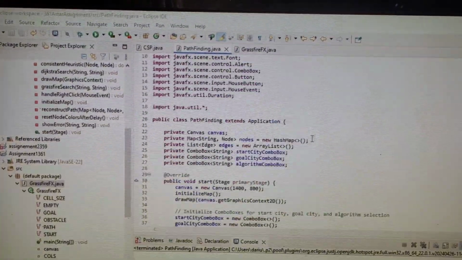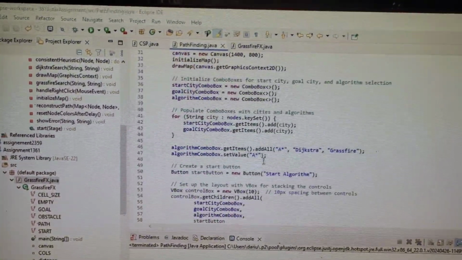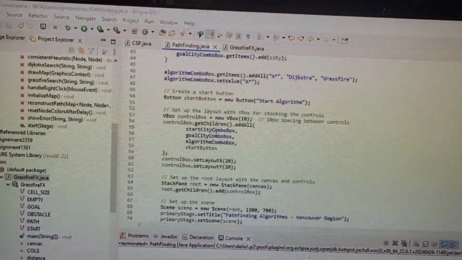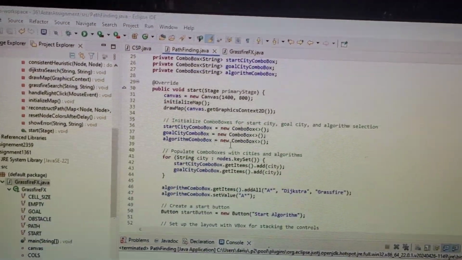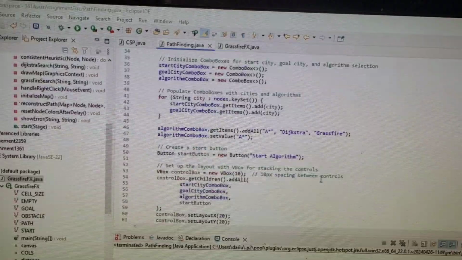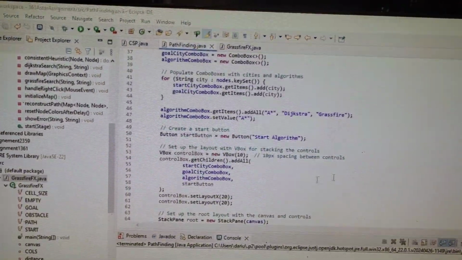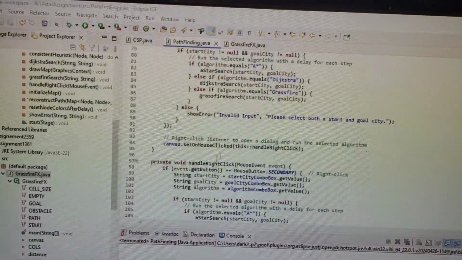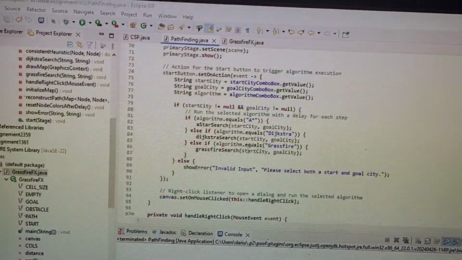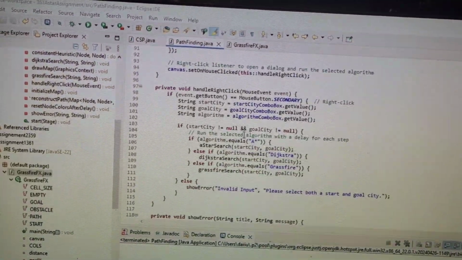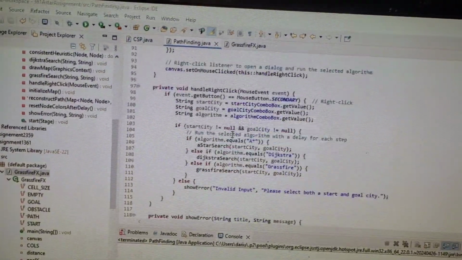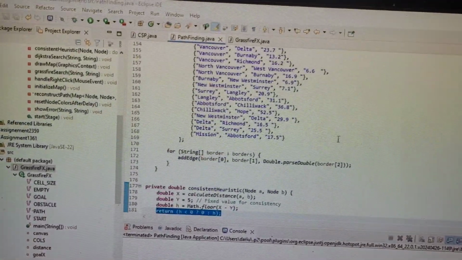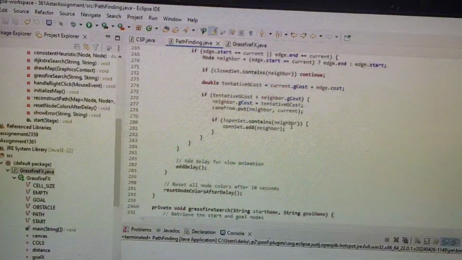This is set up as a JavaFX Canvas based demonstration using nodes to represent the cities in British Columbia, and it has a set of boxes that allow for the algorithm and the cities to be inputted, and it's got all the logic for setting up the search algorithms and using them, and that's done. Oh, this is old. This was for right click. What I do now is I just have the boxes on the side, but that was from testing. And let's go to